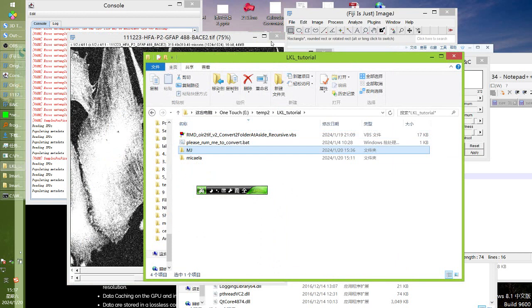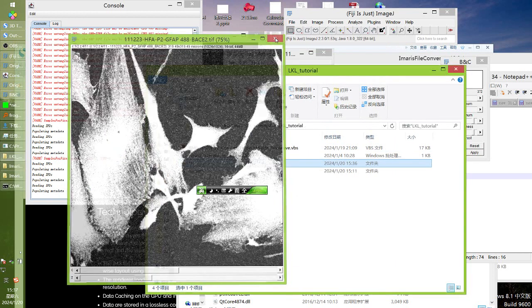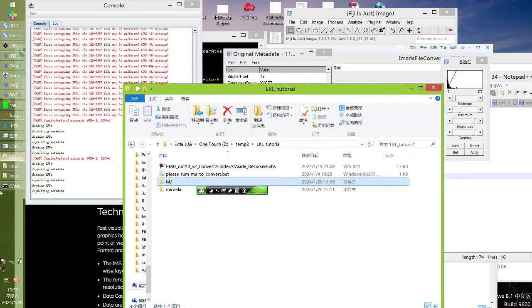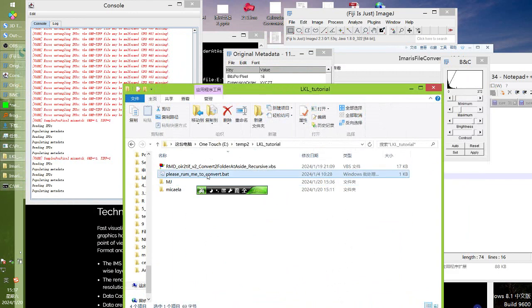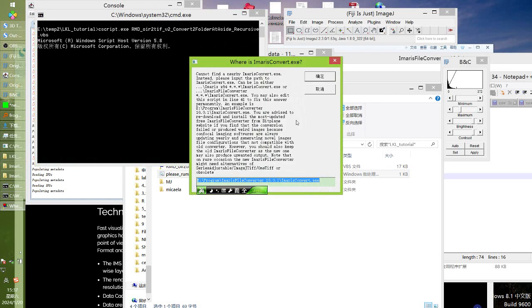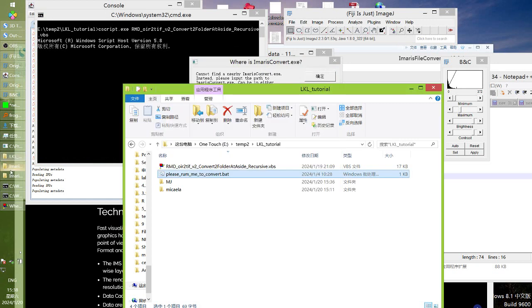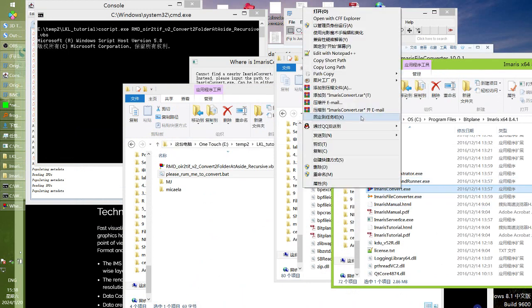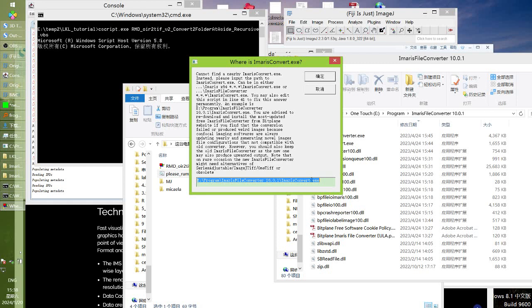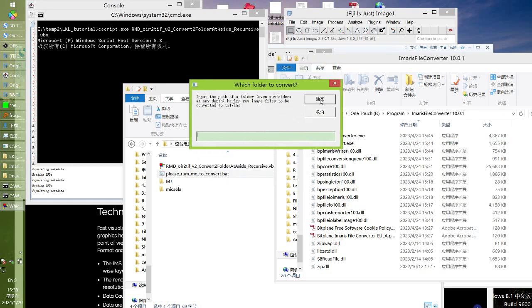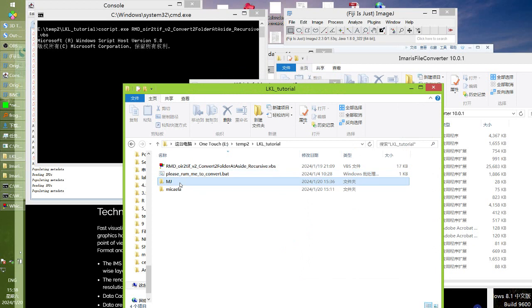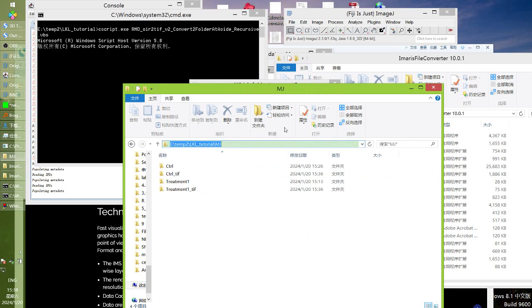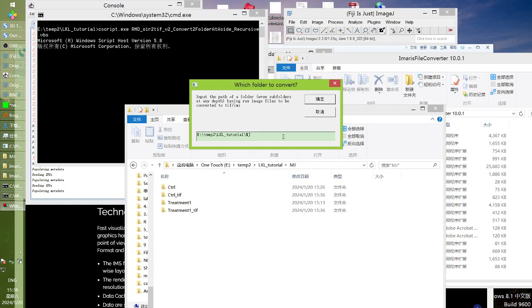Next, I can also try the Imaris files. Let's try again to convert to Imaris files, because this is also frequently used. Okay, let's run again. Now input the Imaris file converter. Copy long path, Control V. Next, input the file. This one, Control C, Control V. Yes, and depth, usually you just keep it default.